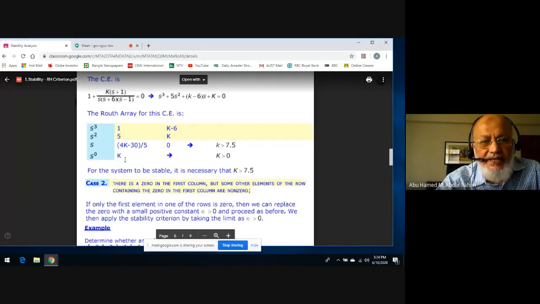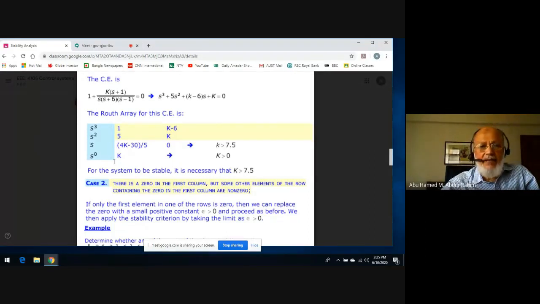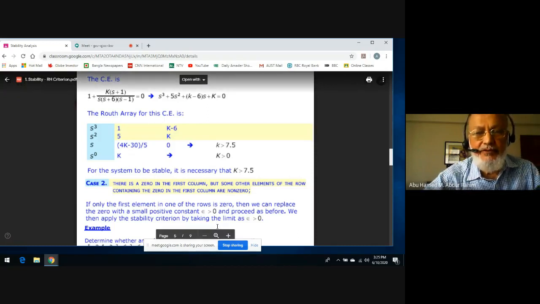Now let's create the next row. How do we do it again? We will start from this, this will be our pivot. This whole quantity multiplied by k, minus 5 times 0, divided by this quantity. Can you figure out that this is k? Write it on a piece of paper and make sure that you got this. Again, all this multiplied by k minus 5 times 0, divided by this one, so this must be k. I hope you do understand.